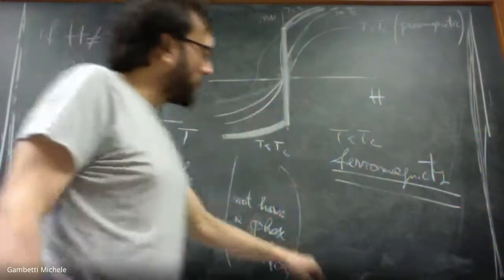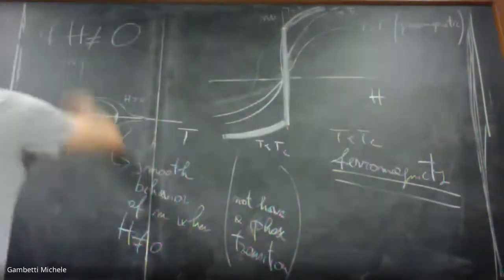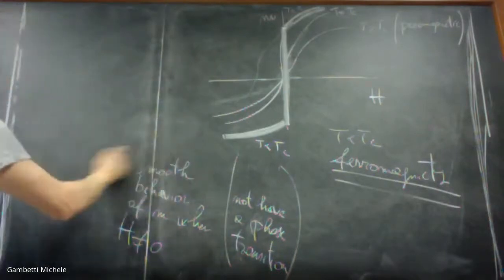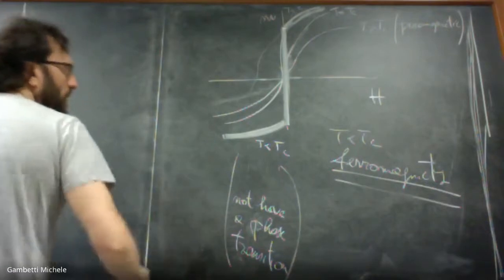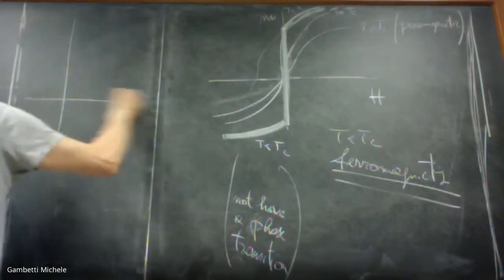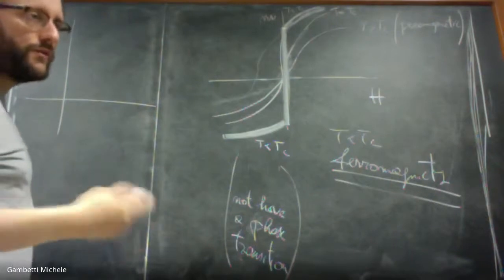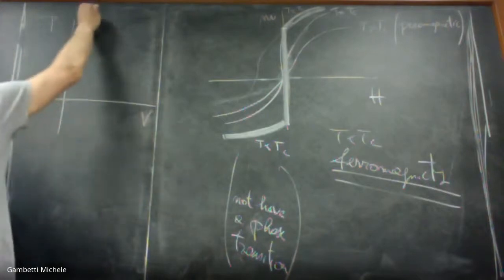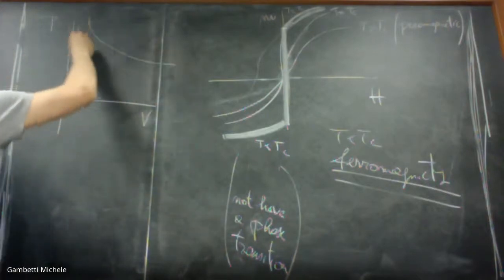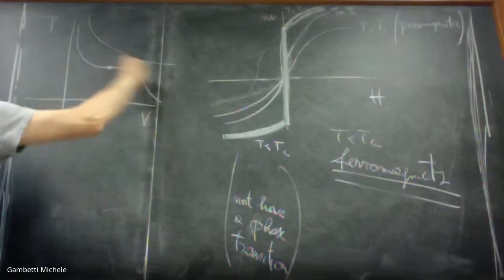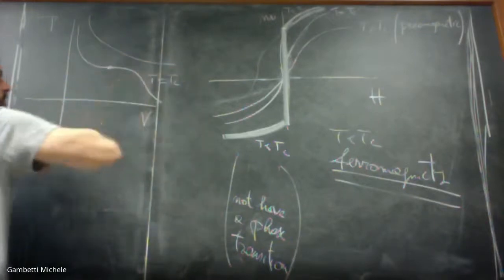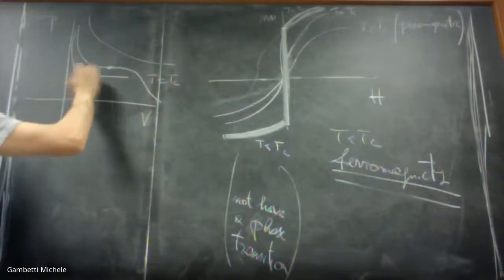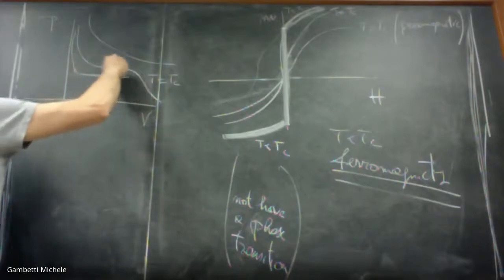But this jump, what does it remind us of? Well, it reminds us of another jump that we saw in the case of the liquid-gas phase transition. Because when I do the plot not of P versus T, which is the phase diagram, but of P versus volume, remember that it was like that. So here is the isotherm for T equal to Tc, and below Tc I have this jump